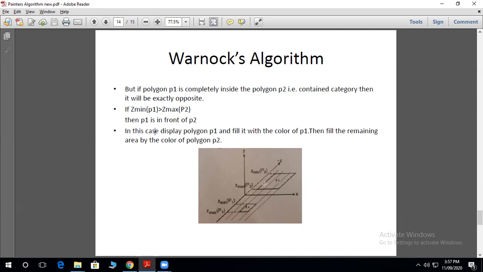So whenever it is a content category, we need to display first the polygon that is nearer to the viewer, and the remaining area will be filled by the color of the other polygon, that is polygon P2 here.